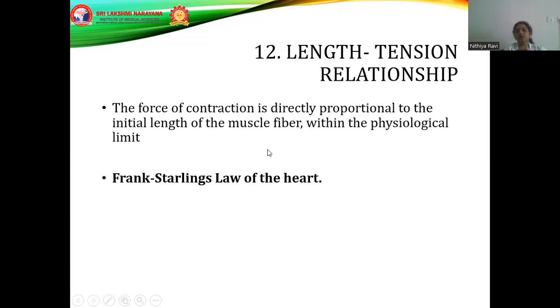Next, moving on to the length tension relationship. What is this length tension relationship? It is nothing but the Frank-Starling law of the heart. Here the force